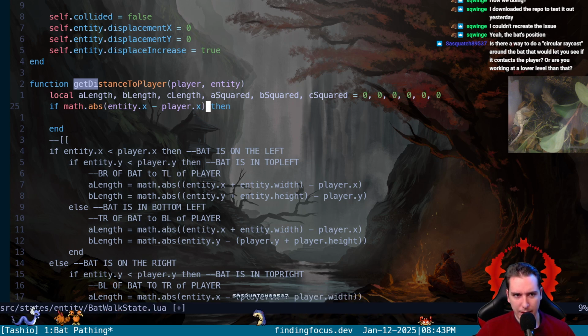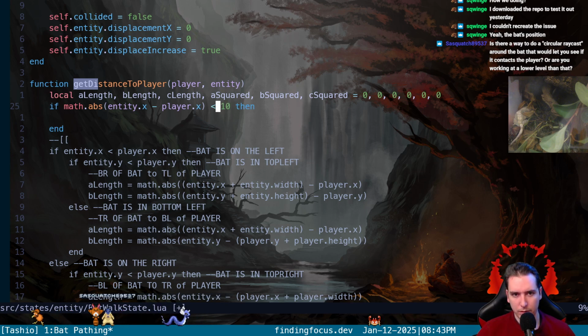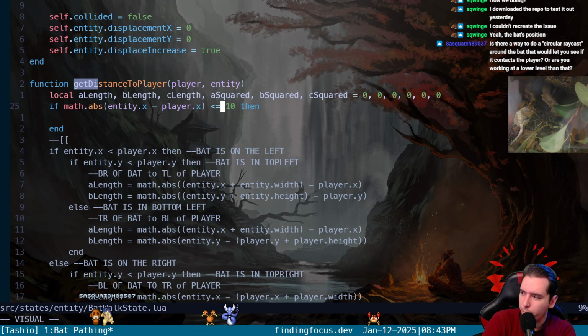If the absolute value of our X positions is 10 or smaller, so if our, I think we're running into